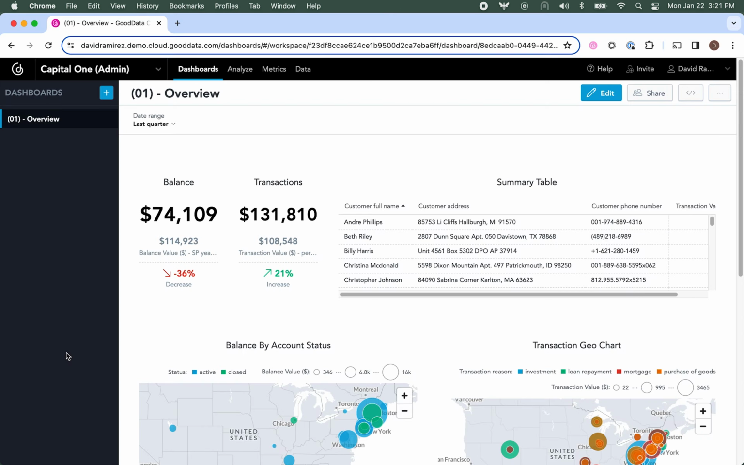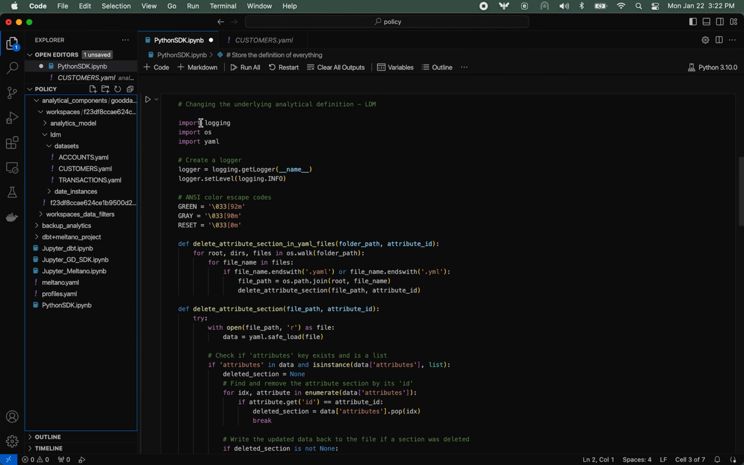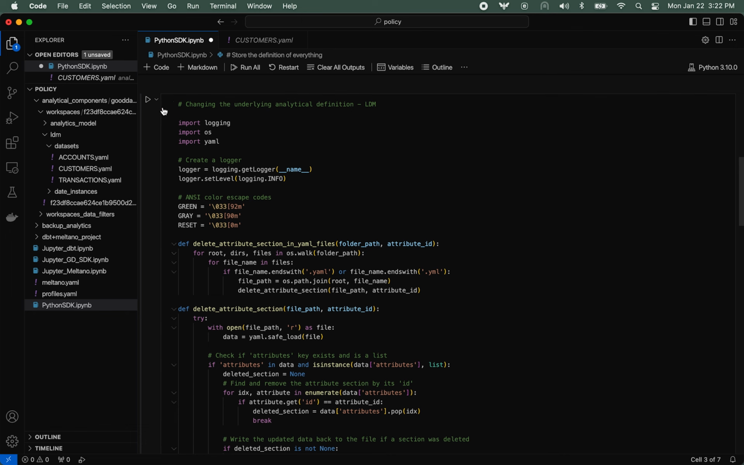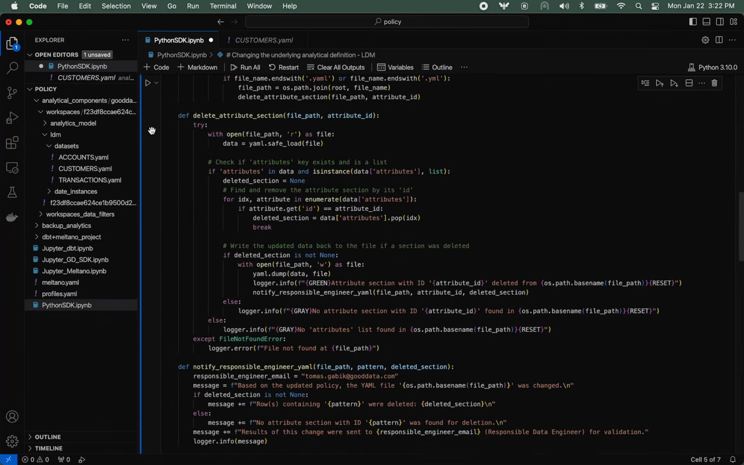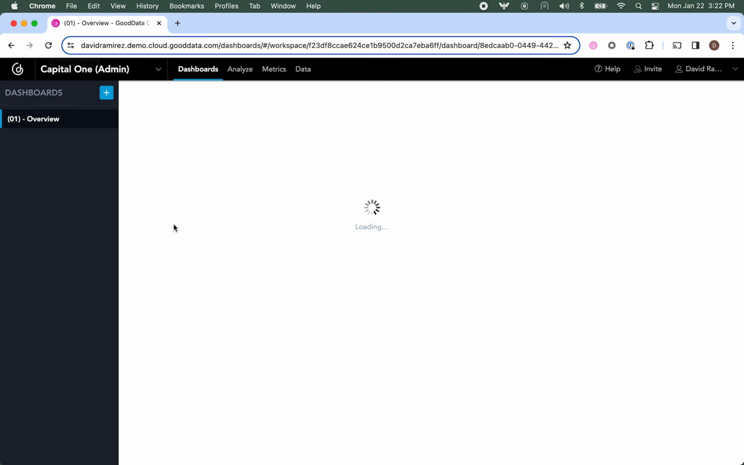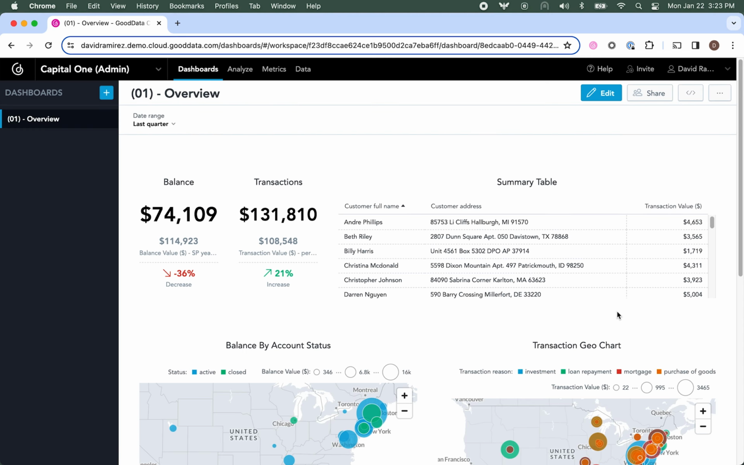In this example, we will show a more complex scenario of applying a security policy change to remove phone number information from the entire BI environment using code. To do this, an analytics developer pulls the YAML definitions from the environment. We then run a script to update the YAML file to apply the change. Going back to the dashboard, we see the new policy is in place and phone number is removed without breaking